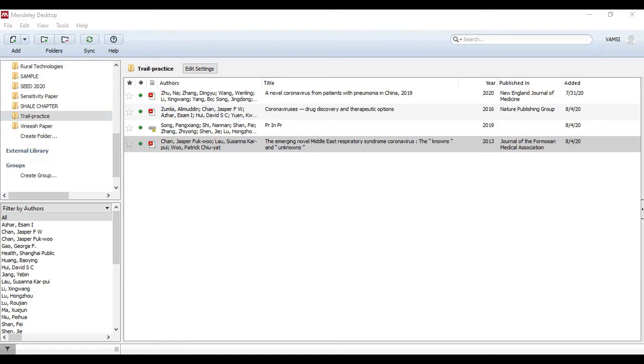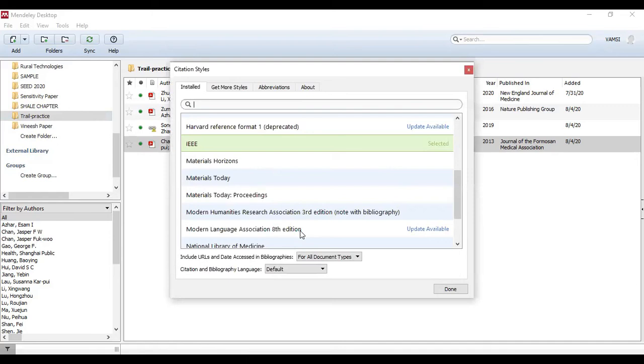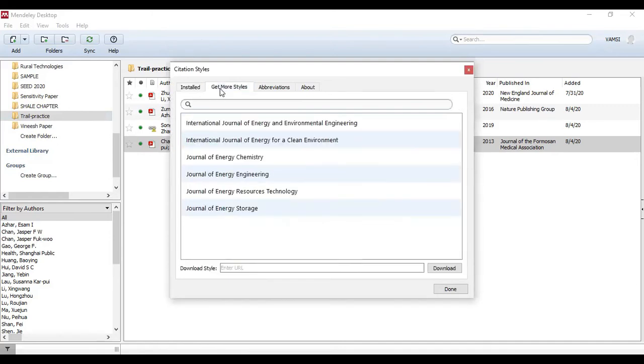Now the next thing is, if you go to this style, here we have only very few journals. Suppose you want to add another journal which is not in this list. For that I'll go to more styles, and click on get more styles.